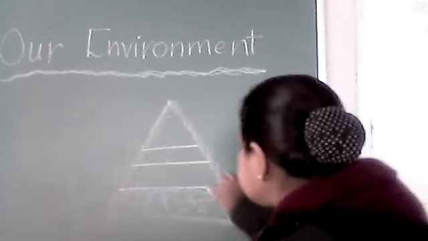Once these green plants are consumed by primary consumers, as their number is less, in their body there will be more accumulation of toxic substance. Similarly, the number of secondary consumers is less than the primary consumers. So when secondary consumers are consuming the primary consumers, then in their body the accumulation will be again more than this level. So when we move to the top, what will we observe? That the percentage of toxic substance will increase.